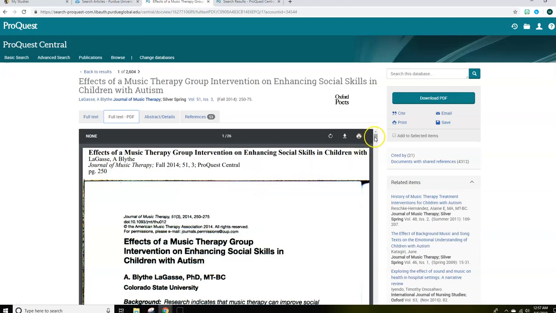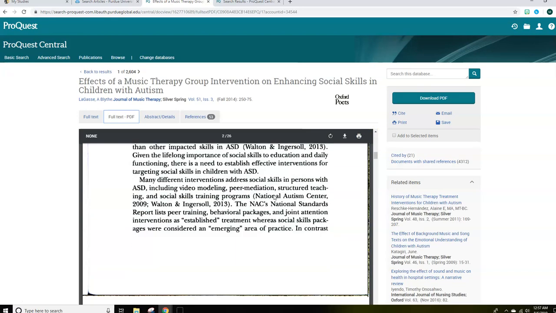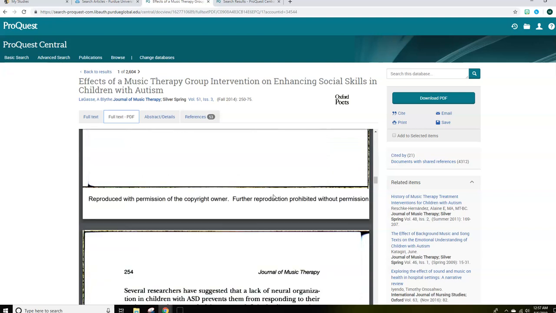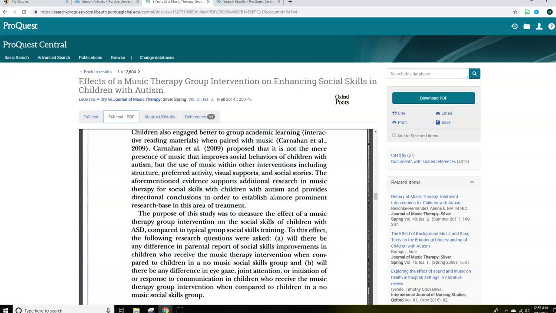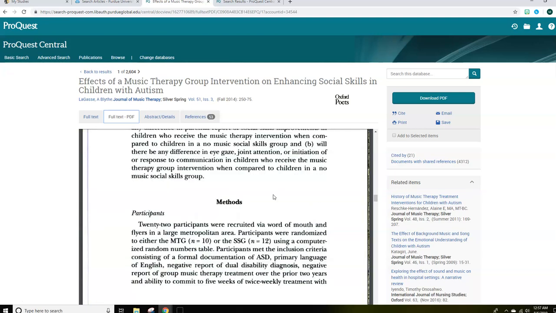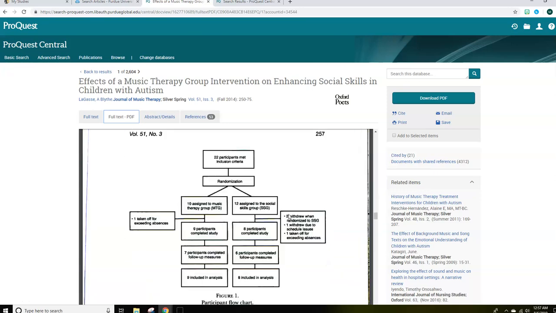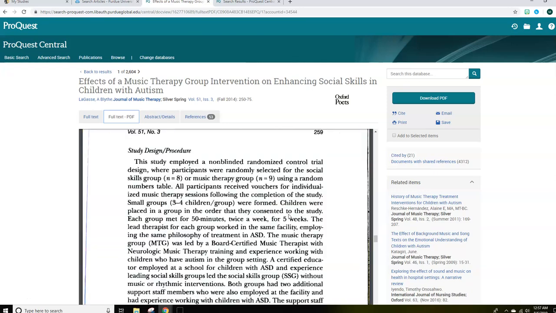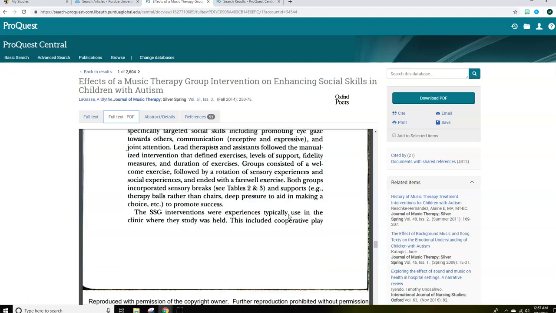If you then go in the article and keep scrolling until you get to the results section, the results section is where you typically are going to find what types of statistical tests were used. And if you start seeing things like Mann-Whitney U-test and things that you've never heard of, then you probably will want to try to find another article. So I would try to get to the results, which are usually more towards the end of the article,